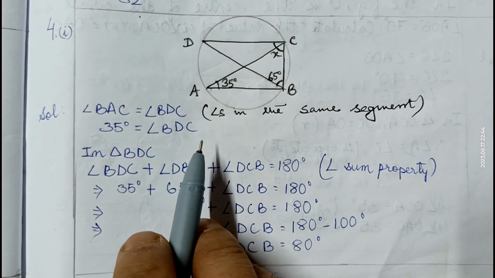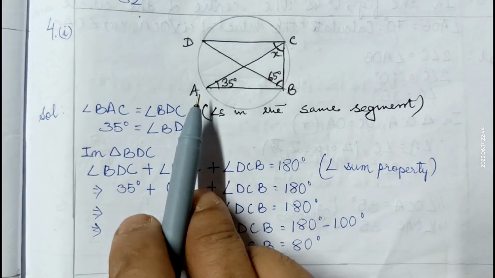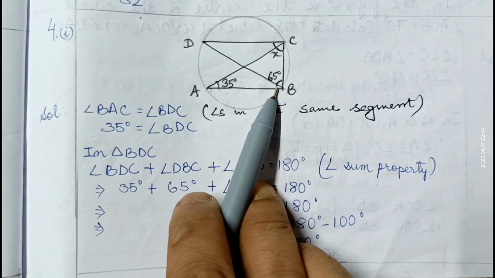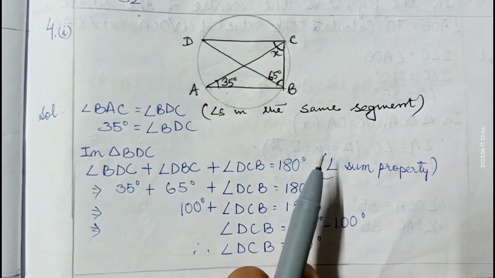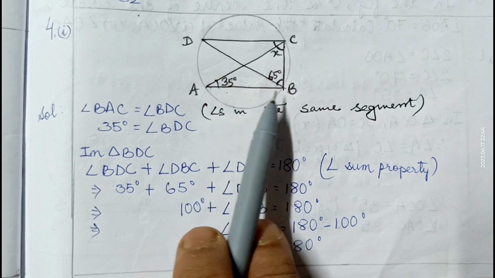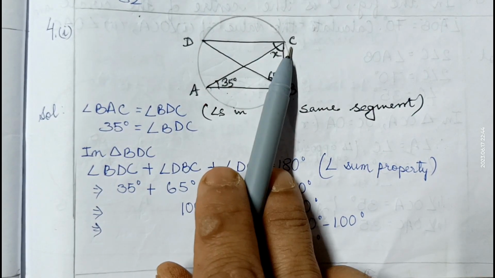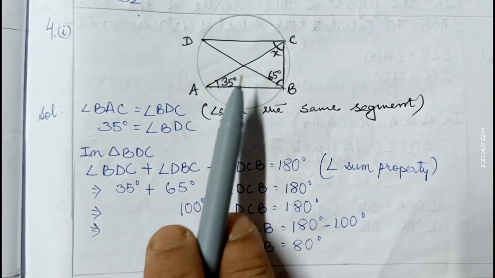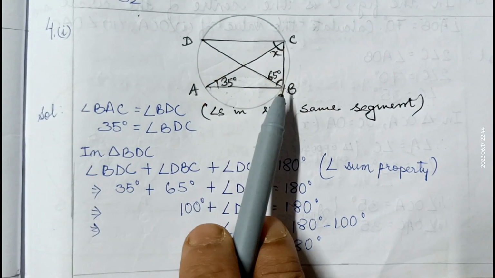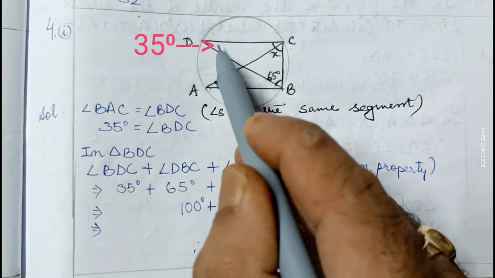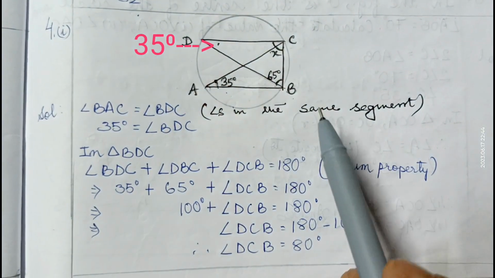In the first part of question number 4, it is given that angle CAB is 35 degree, DBC is 65 degree. We have to find X. Now we know angles in the same segment are always equal. So angle BAC equal to angle BDC. Since BAC is 35 degree, therefore angle BDC is also 35. So since this is 35, this will be 35. Now in triangle